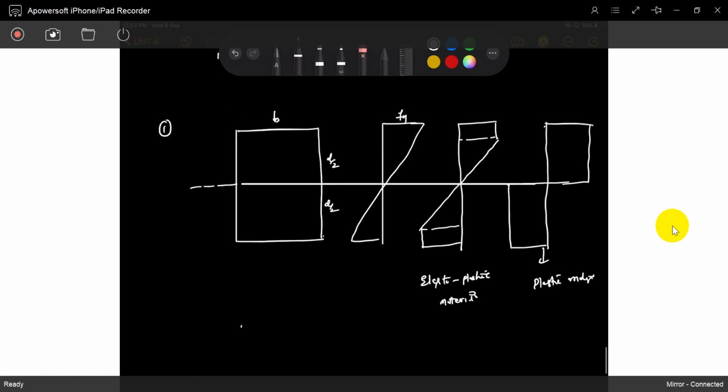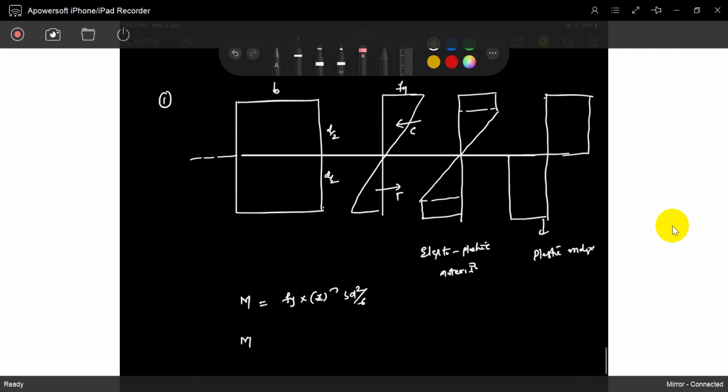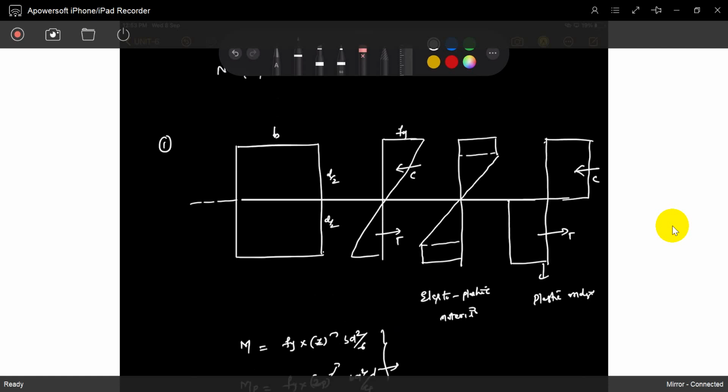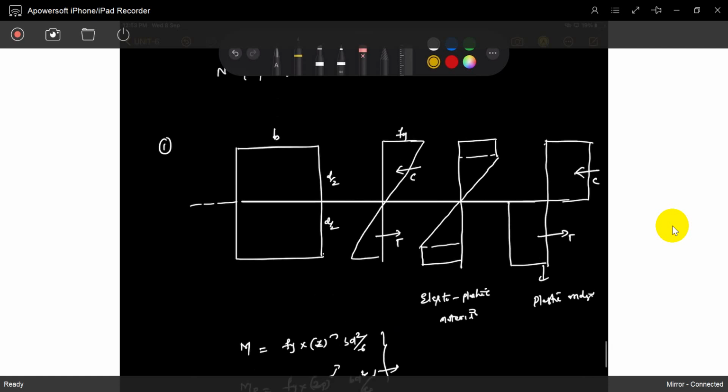What do we know? For elastic analysis, what is the moment carrying capacity? Fy into Z. That Z is BD square by 6. We already decided, it's compression force, this tensile force. For moment carrying capacity in total fully plastic, we already calculated. What is that? Fy into Zp. What is that Zp? BD square by 4. We calculated. If an elastoplastic region is there, so I will decide that